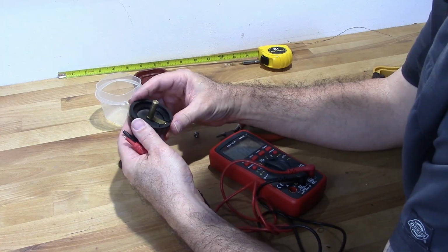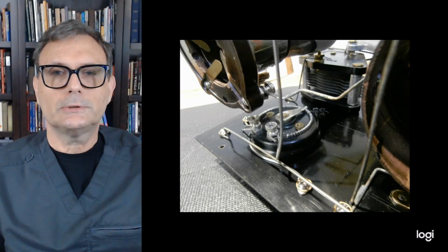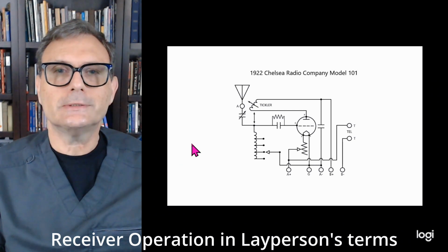Alright. Okay, so I've gone ahead and I've reinstalled the variable resistor back into the radio itself, so we've already taken care of that. And I'm ready to go ahead and get that thing working. But before I do that, let's talk a little bit about how this particular radio operates. So what we have is